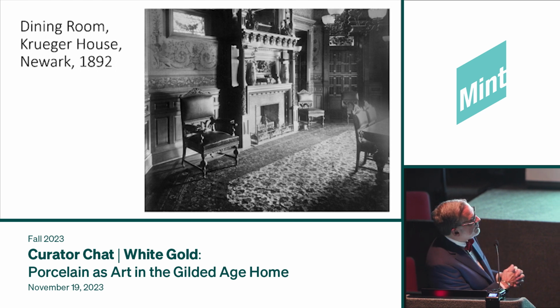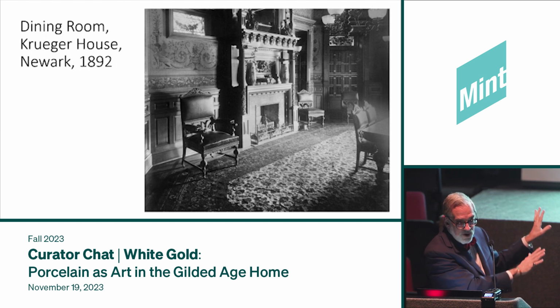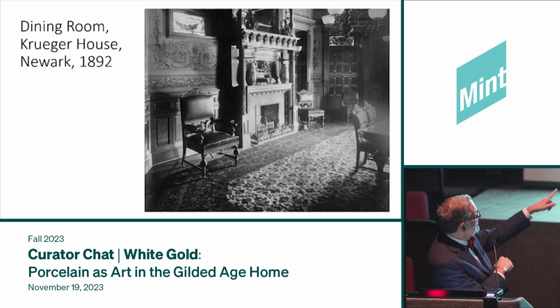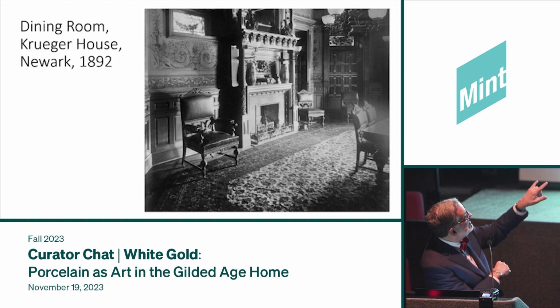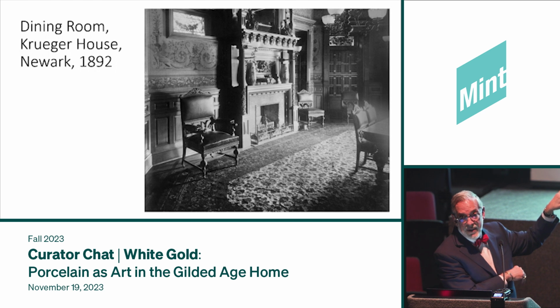And here's the dining room in the Kruger house. And I love this because this room, by the time I saw the house, had been stripped. All the woodwork was gone. But look at the mantelpiece. Look at how thick that carpet is. And it's custom made for the room. It's an octagonal carpet. But those two vases on the lower mantel shelf could very easily be Ceramic Art Company